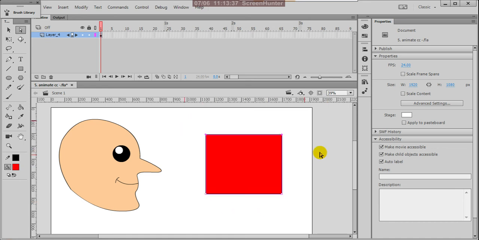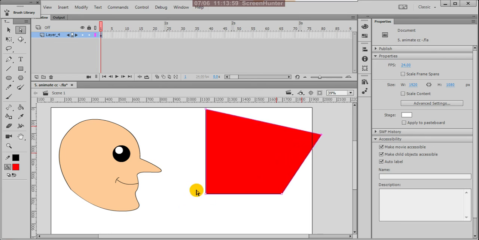Suppose here you select this and use the up arrow. See, that is moving up, and you can select this portion and press the right arrow on the keyboard, and only that point moves.